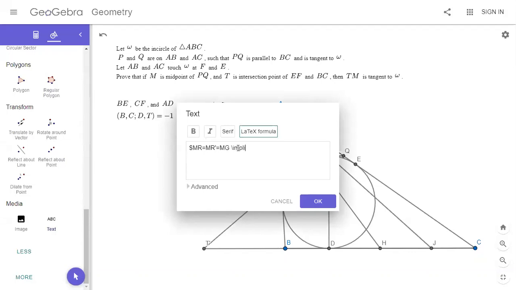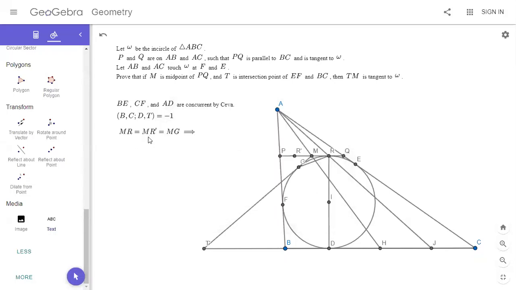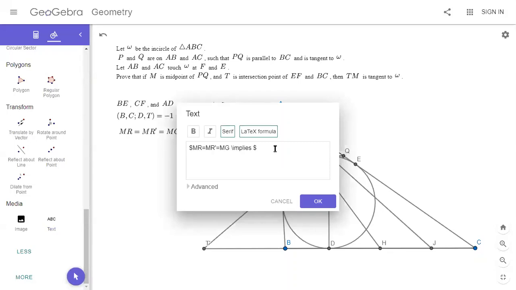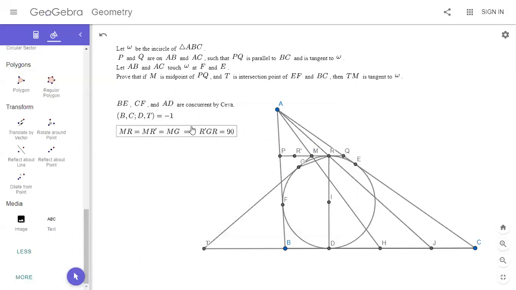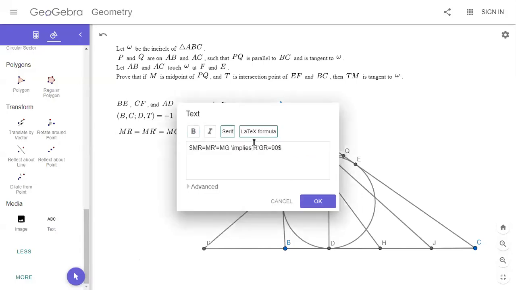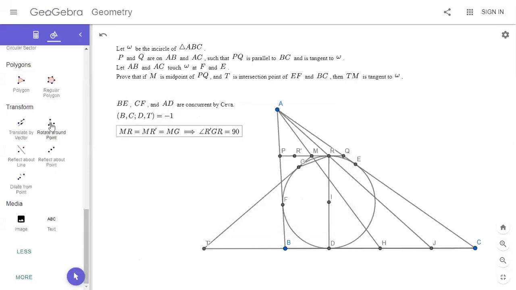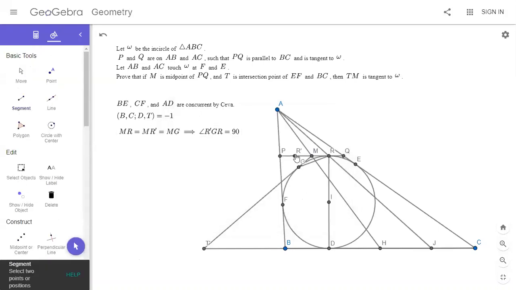So let's see what that means. That means angle R prime GR is 90 degrees. Okay, let me just write an angle. AM is perpendicular to GT. Also,